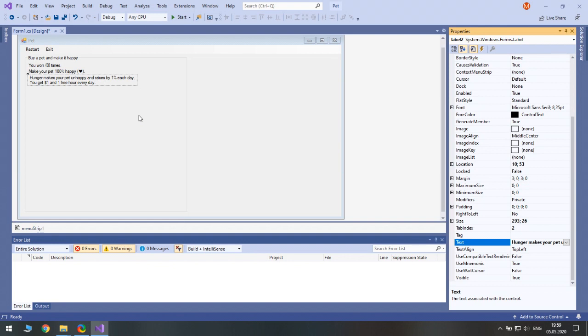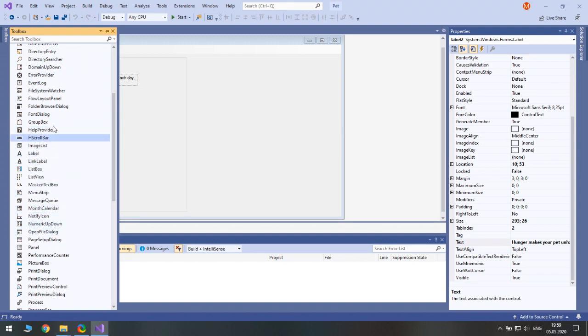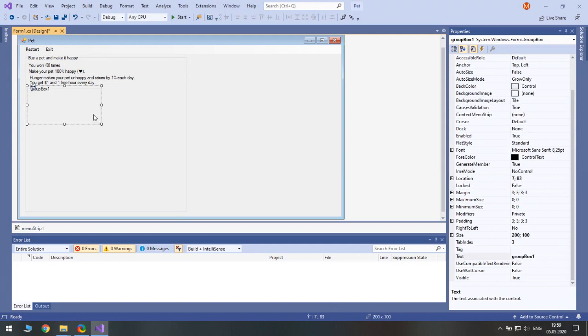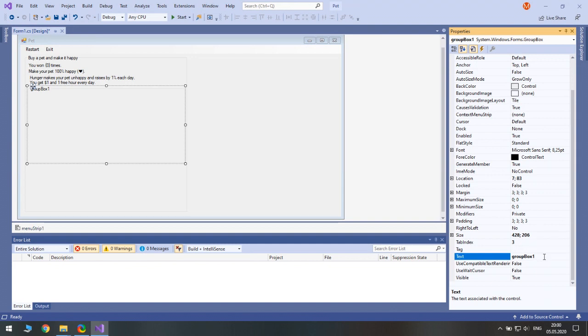And next we are going to make another group box. Group box here. It will be for choosing your pet. This will be enough. And well, if you want this title to appear in the middle, there is some bad news for you. You cannot have it. So we will simply use two controls.